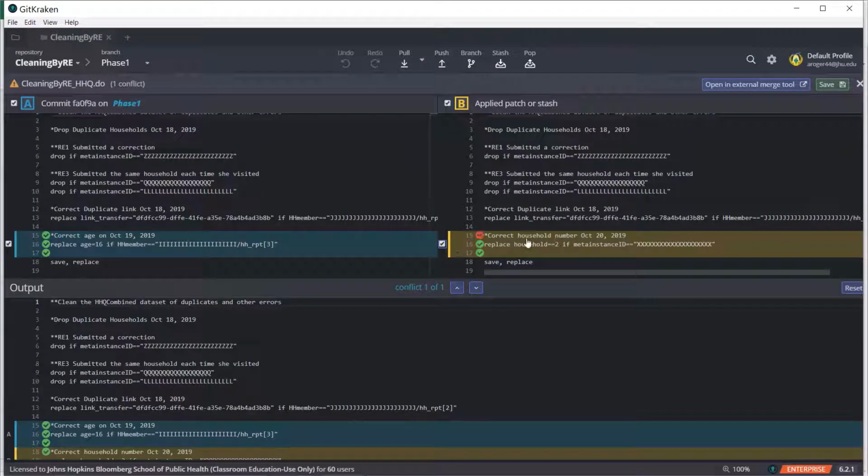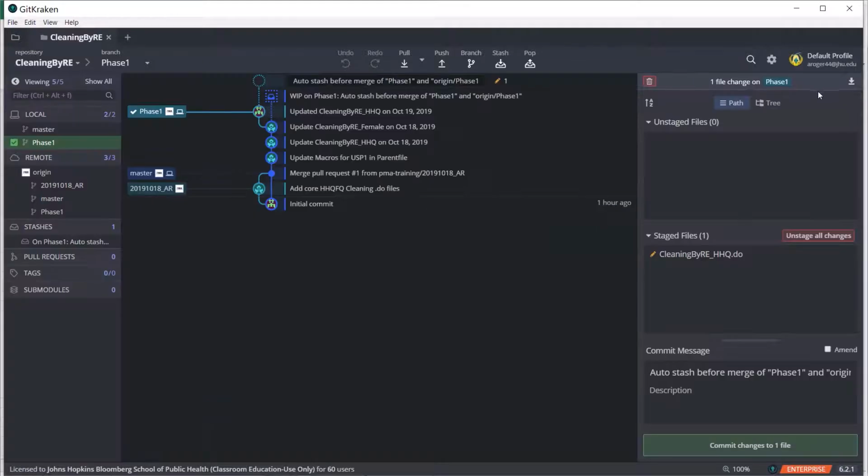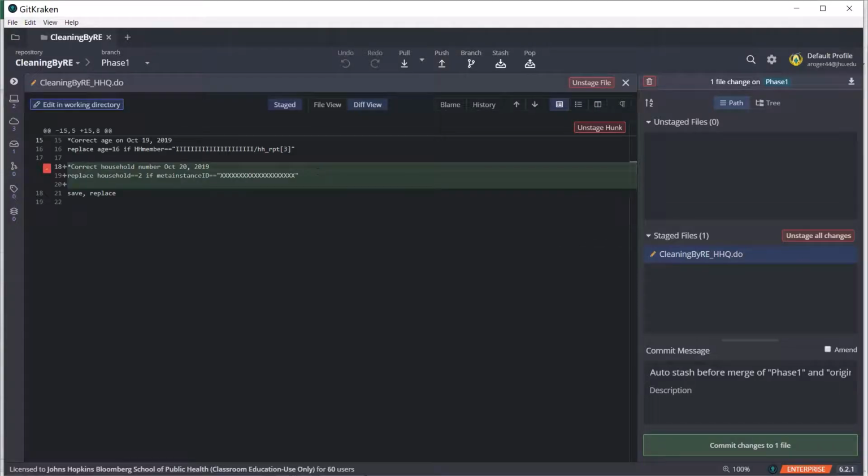So we corrected the household number on October 20th, and our colleague corrected age on October 19th. So if we click both check marks in the merge conflict tool, both bits of code will be in the output file. Click Save,